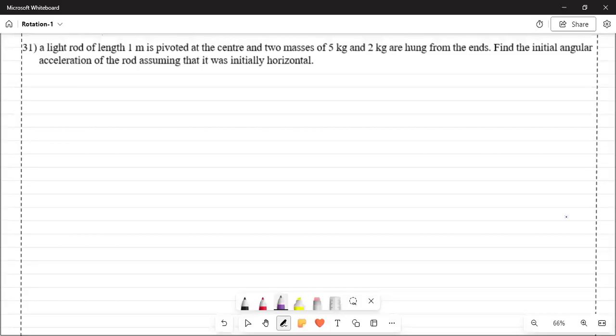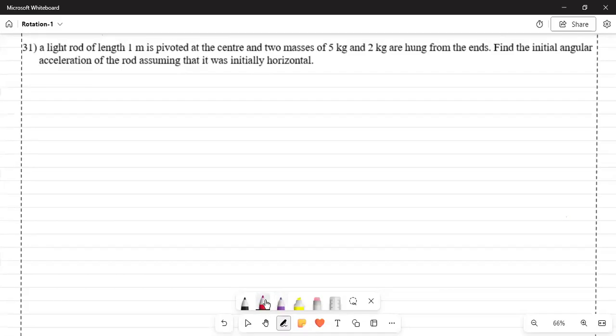Then we take another small problem. Here, the problem says a light rod. Note this word, light. A light rod means we have to assume in our calculation the mass of the rod is to be neglected. A light rod of length 1 meter is pivoted at the center. That means its axis is at the center and two masses of 5 kg and 2 kg are hung